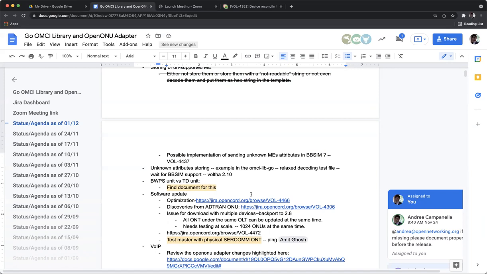I already addressed Matteo, because it would also affect him in the BBSim, because he also uses the OMCI Go. So that is a step to make the code more reliable, I think. It would be a change in the OMCI Go that you could use in the ONU or BBSim, you can do it either way. You keep the constants, because I'm going to just have to make sure that they generate the exact same names.